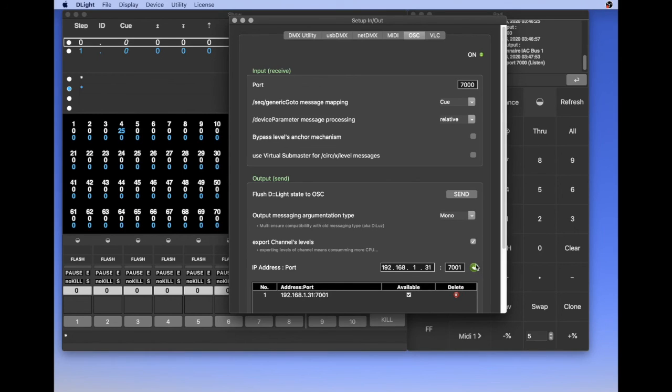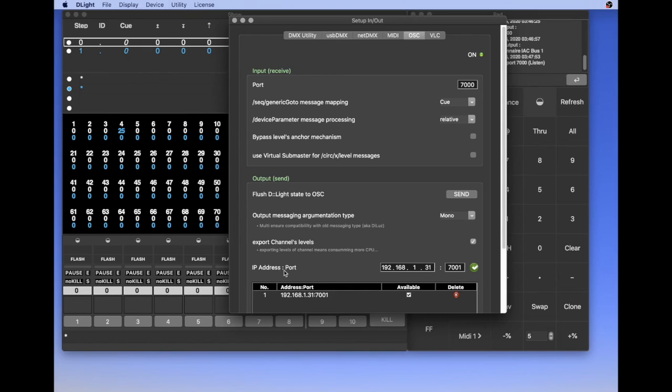Okay, in order to send OSC messages to this device. And this device is usually my smartphone, in order to have a remote control. If you want me to make a training course about remote control on the phone, just ask.